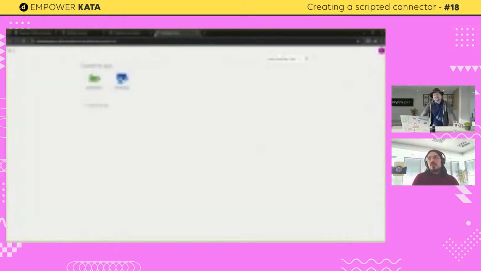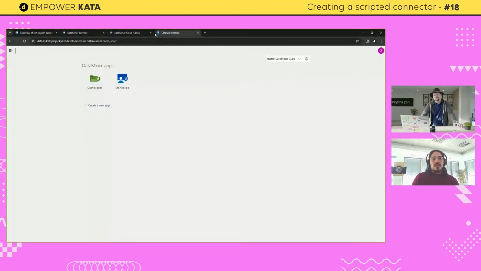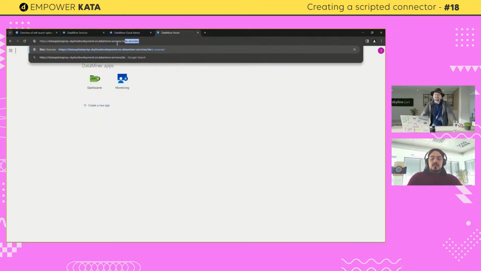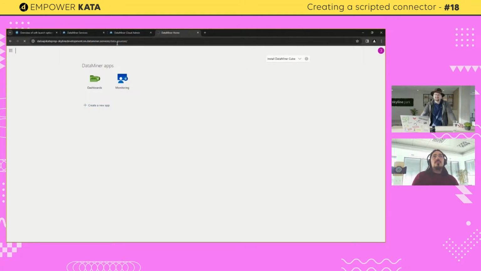To give you a bit of the behind the scenes, what we created is a way of doing calls towards DataMiner, and while I'm talking, I'll just click to navigate to this. You can use any language and any way. You just need to send us data formatted as a JSON.